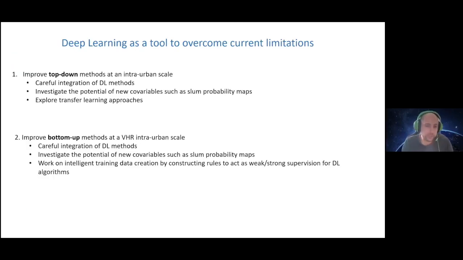So deep learning is a very strong tool, but it's not very widely used so far for population mapping. It has very limited application and almost no applications for urban studies. So this is what I will be working on for the next 2 years here: to use deep learning, some more refined CNNs and their combination and potential, by using a lot of ancillary variables to improve both the top-down methods at an intra-urban scale and also the bottom-up ones.